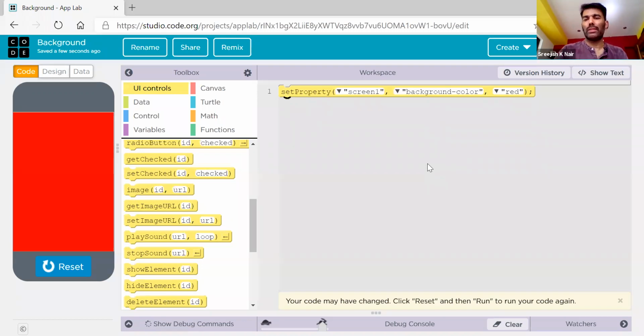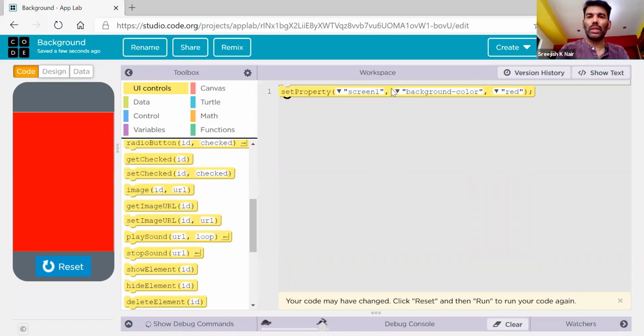How can I change it back to blue or to red or to yellow or to green? Every time you have to go here and change, right? What if I need to change it according to my wish in my program itself? I mean to say I have 4 buttons, right? The first button name is red, second button name is blue, third button name is yellow, fourth button name is red. When I click that button, I want to change the background.